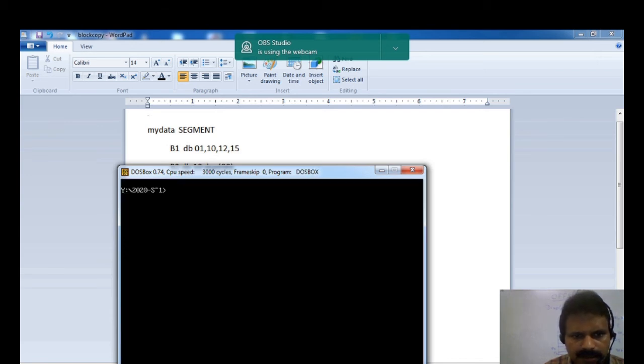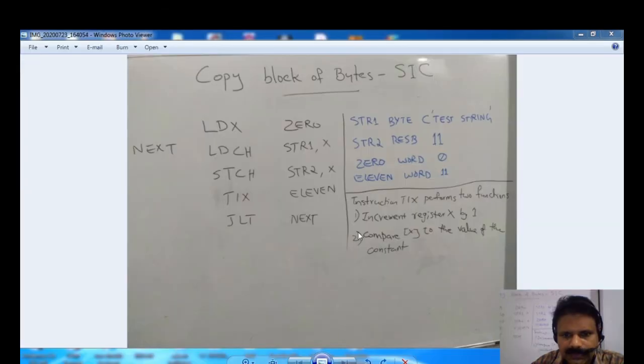Next, let us see how we can do the same with SIC. Let us see the SIC program to copy a block of bytes. See, STR1 is the block of bytes which we are copying to STR2.